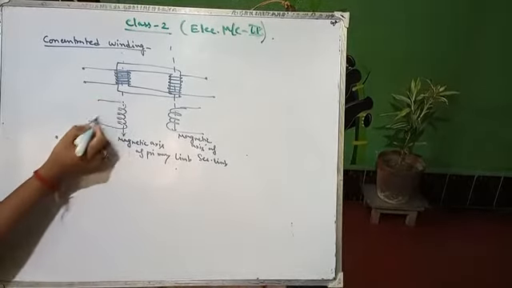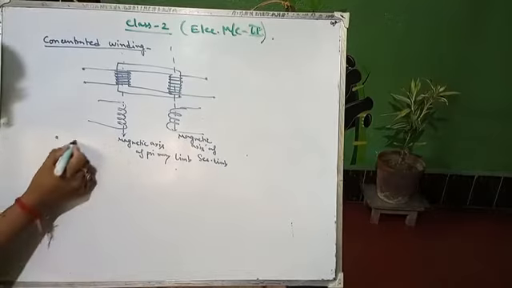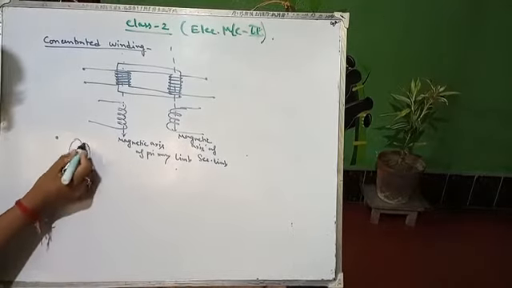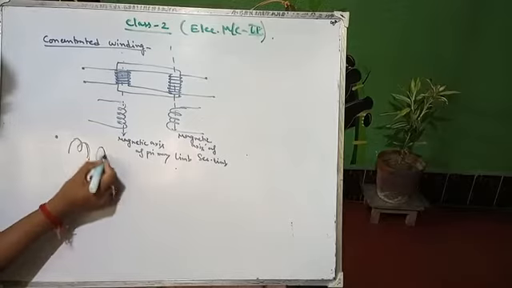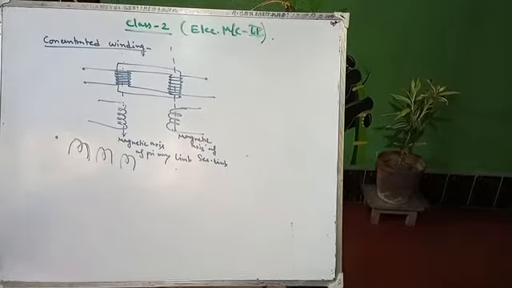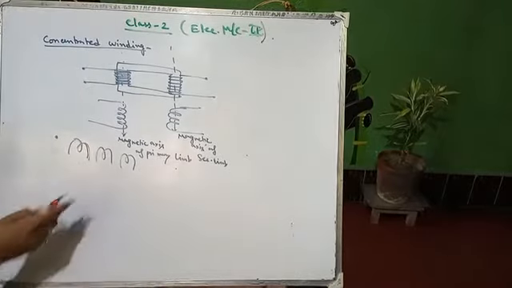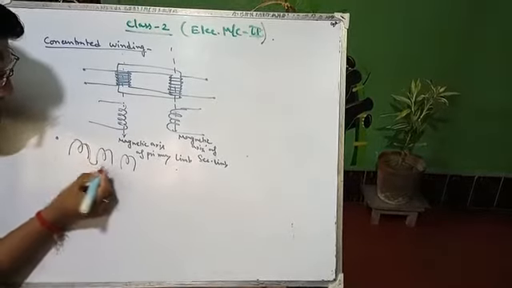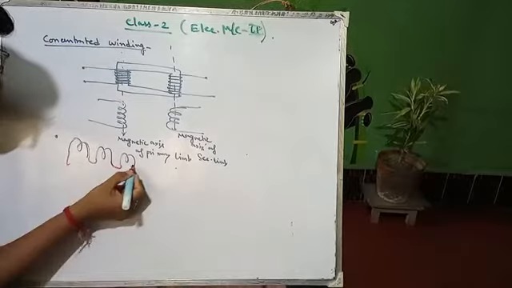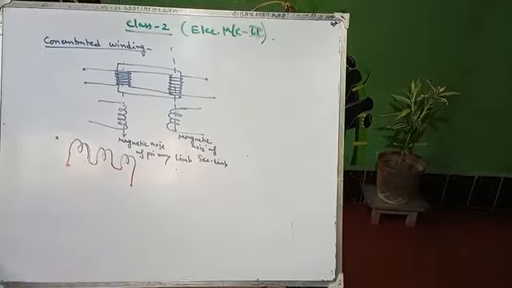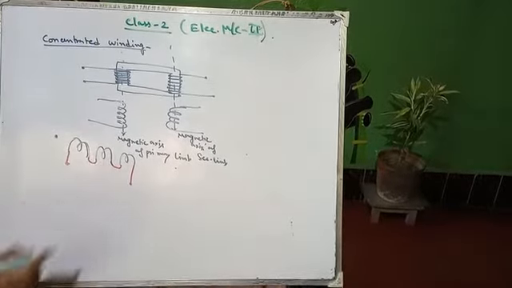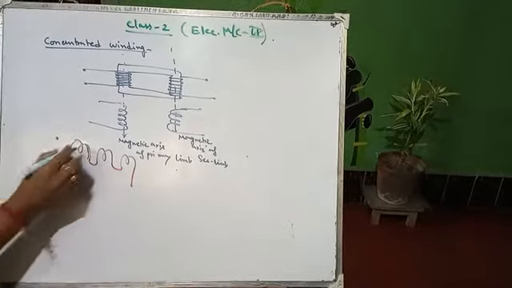There are multiple turns, but what is a single turn? This is a single turn. So a number of single turns are connected in series. Suppose these are 3 single turns. We are considering these 3 single turns, and they just make a series. Now it becomes multiple turns. So 3 turns, multiple turns. This is the first concept.